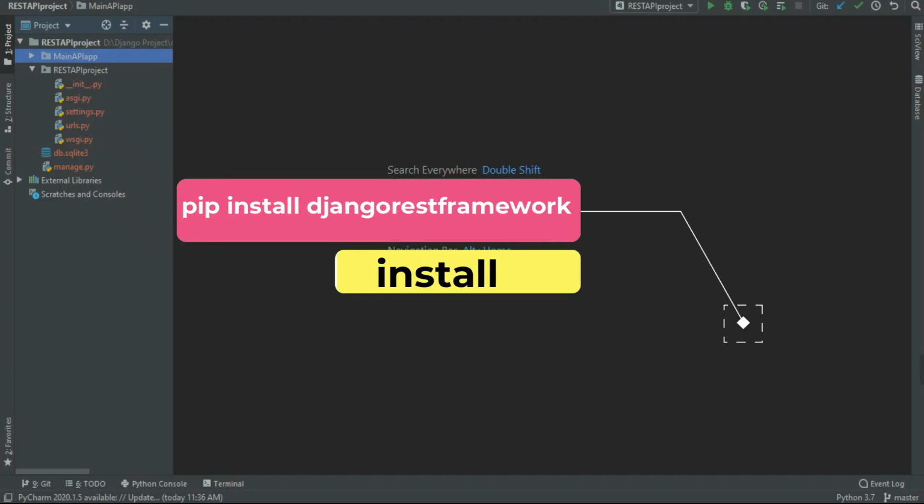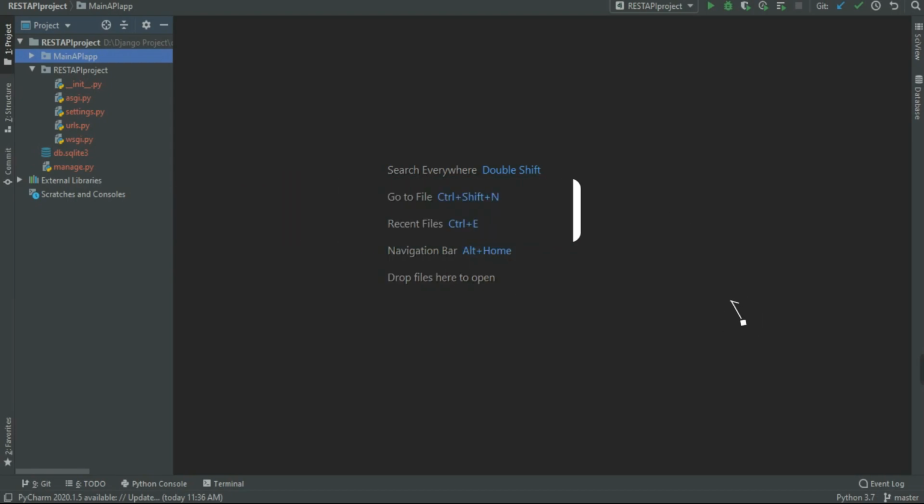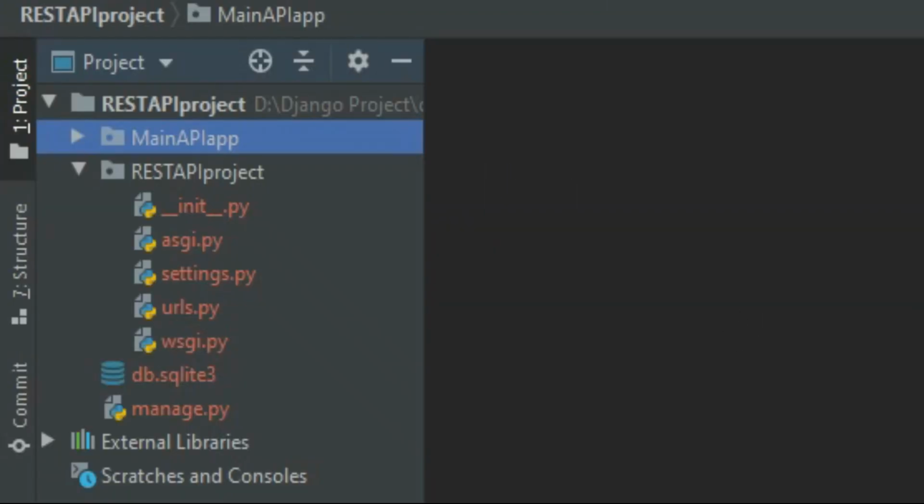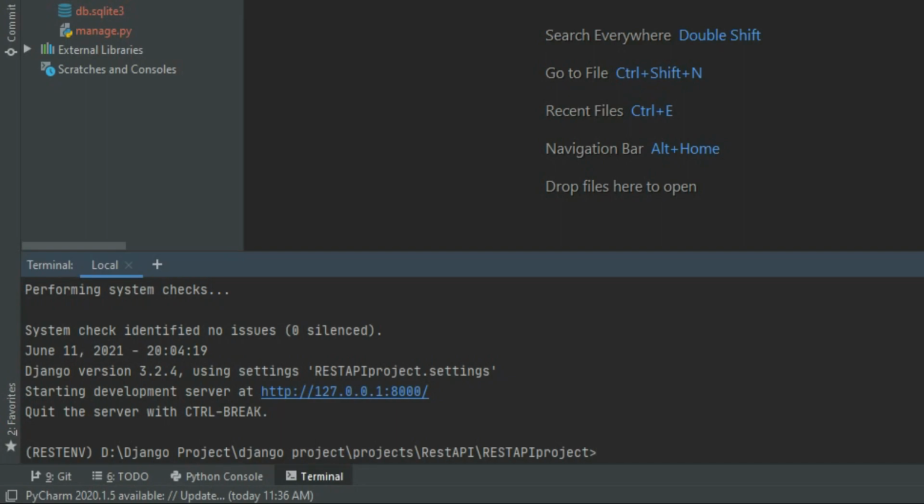So as you can see, this is my Django project. I named it REST API project. I already got the main API app, but we are going to create another app for our Django project. So let's create a student data API. With the use of this API, you can fetch all of the student data, and for that let's create an